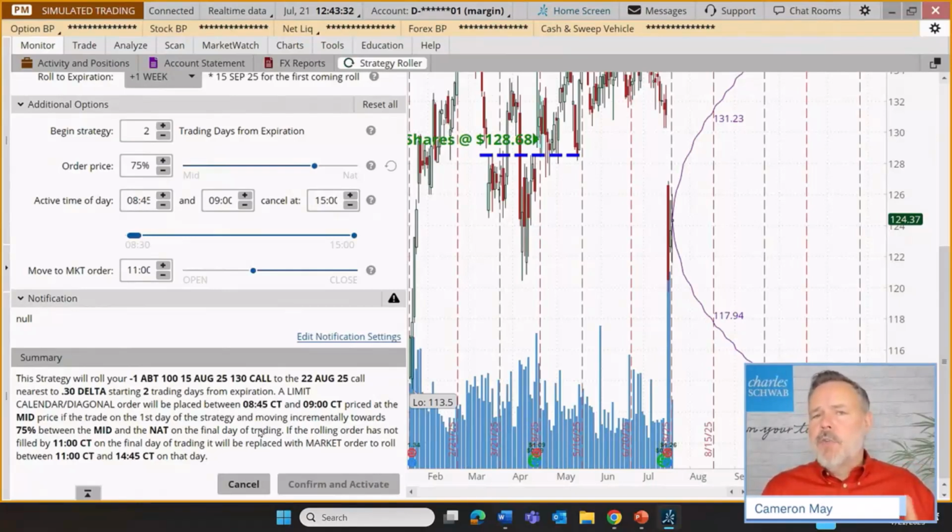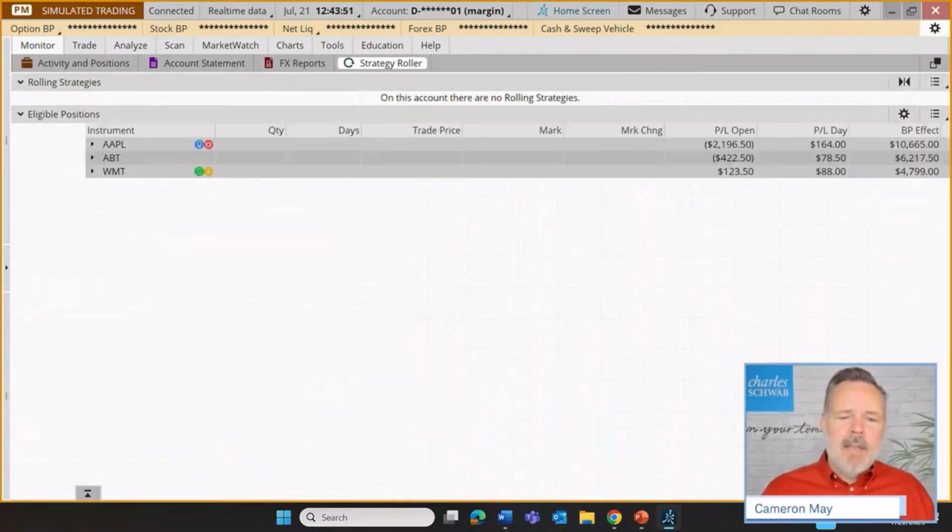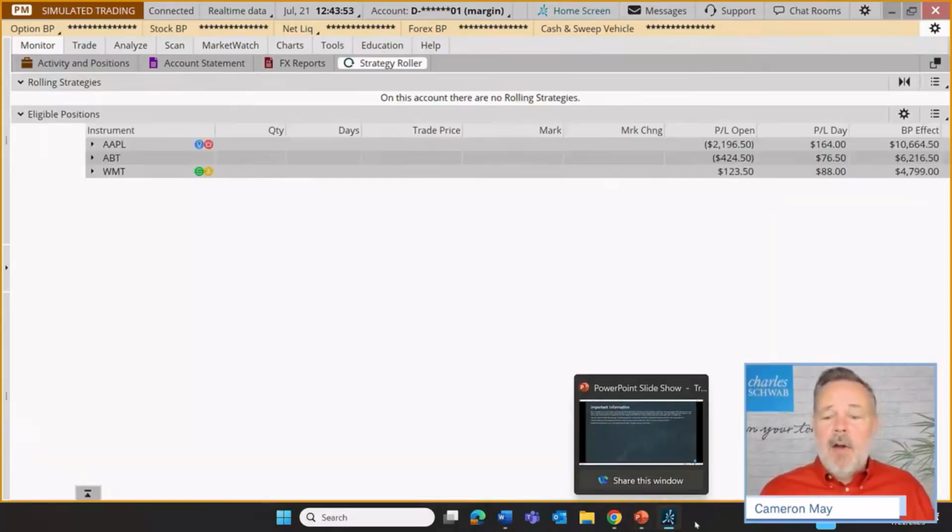Now, I was going to walk us through the Walmart example for repetition. We don't have time to do that today, but I think this is interesting. It might be a good time to go experiment with this in your own paper money with a covered call. And some of you have asked about other strategies. This is explicitly for covered calls, for rolling those trade setups. Okay, so I'm just going to cancel this and call it a day. We've accomplished what I set out to do today.